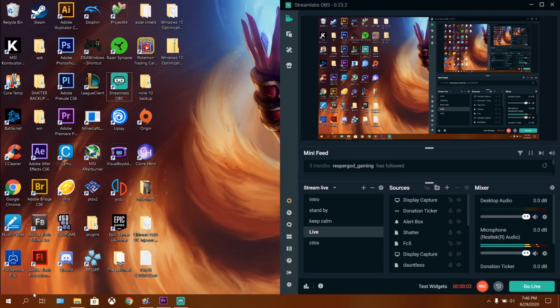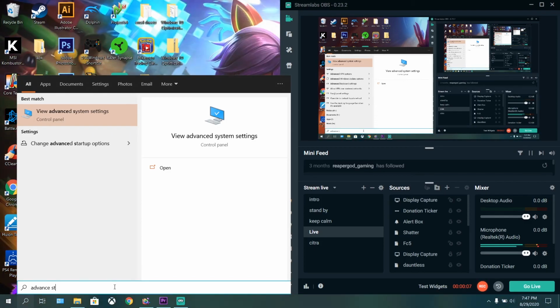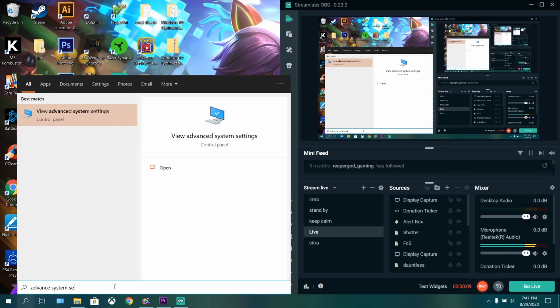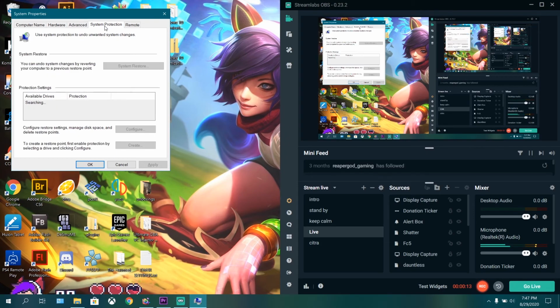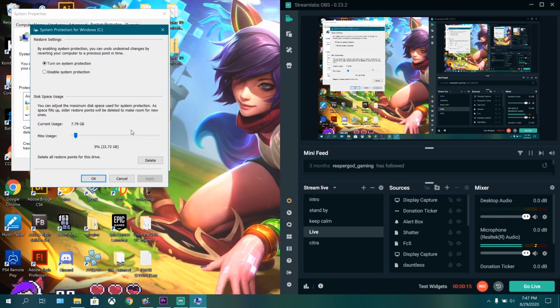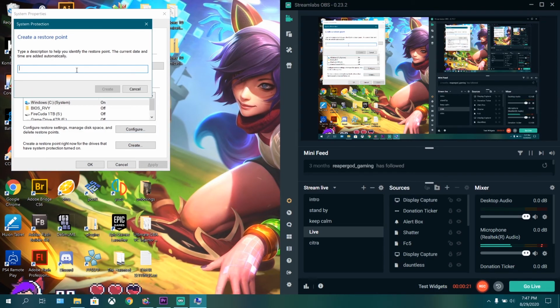So the first thing we're going to do is go to search, type in advanced system settings, go ahead and hit enter, click on system protection, go to configure, drag your slider up to 5%, hit apply and OK. Go ahead and hit create and make up a name for a restore point